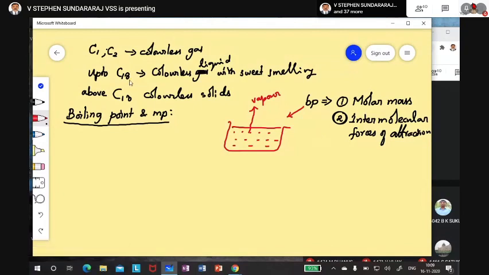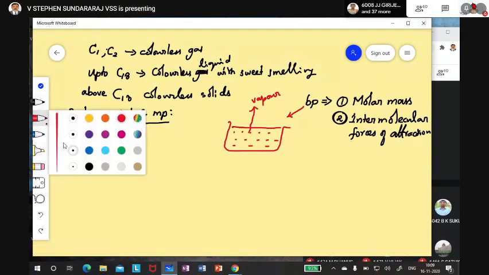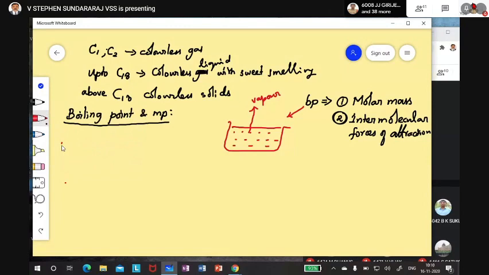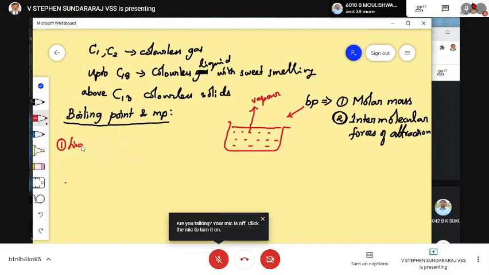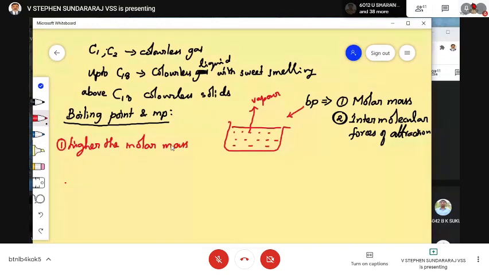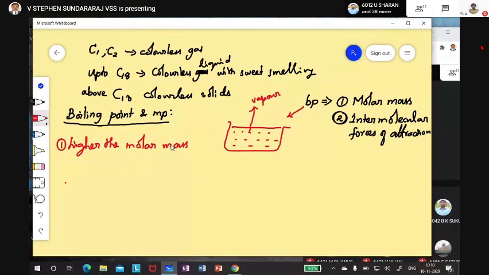So first you write down here: higher the molar mass, higher is the boiling point. Learn the concept and application. Whatever the question, if you are thorough in concepts and theory, you will be able to answer any question. But if concepts are not known, you cannot approach any question. Remember that. This is the primary factor.